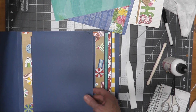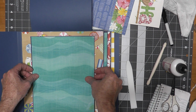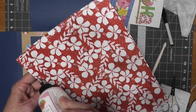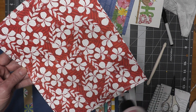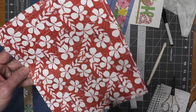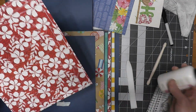Now we're ready to pattern the flaps, the front and inside of both flaps. Earlier I told you just cut 1 of each size, but then I corrected it and said you cut 2. So you do need 2 pieces of pattern paper for the front and the inside of each flap. Measure those and cut those out, and I'm going to use the water wave pattern on this bottom flap of mine. I'm using the glue real quickly, and I'm going to attach that. I'm going to go ahead and pattern these,